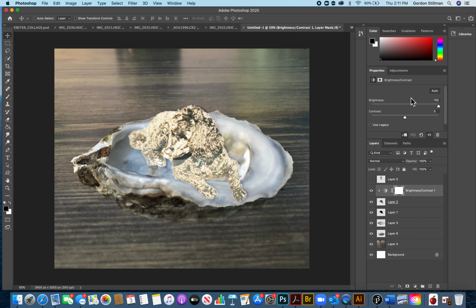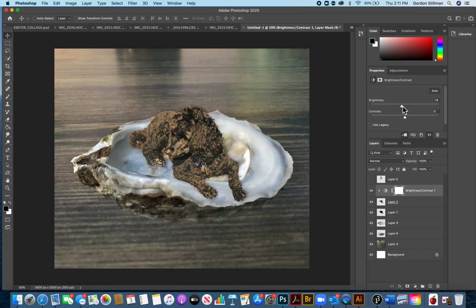Now in this case, I actually do want to do a brightness contrast layer on the dog here. But that's because I just want to make it slightly darker. And if you want to see the effect that's happening, you can always click the eyeball on the layer. So you can see just a tiny bit darker. And then the other thing I'm going to want to do is make this background